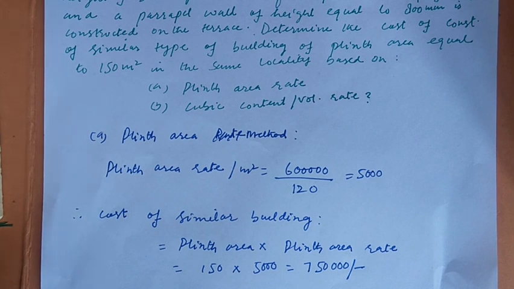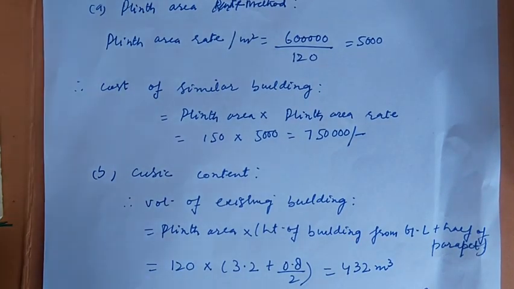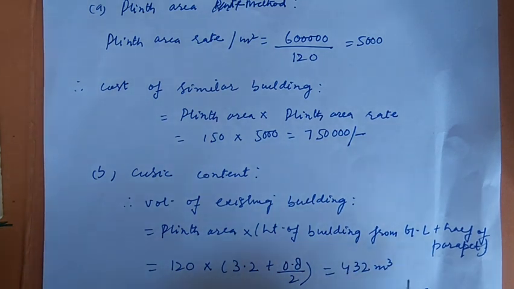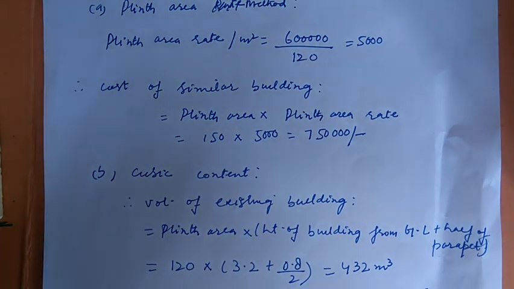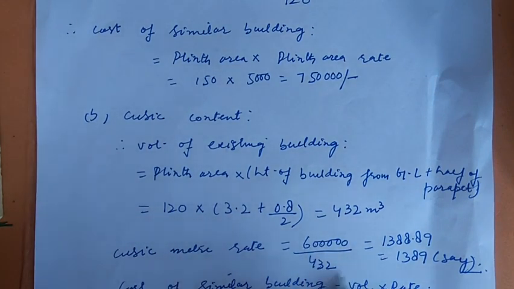The plinth area of the existing building, we know, is 120, and the height of the building is given, and we have to add half of the parapet also. So 120 multiplied by the height of the building, that is 3.2 given in the question, plus half of the parapet, 0.8 divided by 2, that will be 432 meter cubes, the volume of the existing building. We can find the cubic meter rate by simply dividing the 6 lakh by the total volume, which gives the rate per meter cube. So this will be 6 lakh divided by 432, it will be 1388.89,